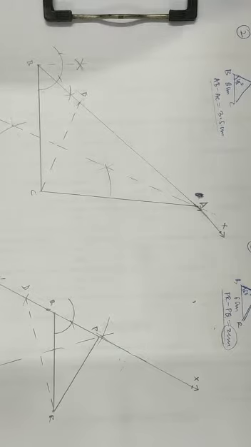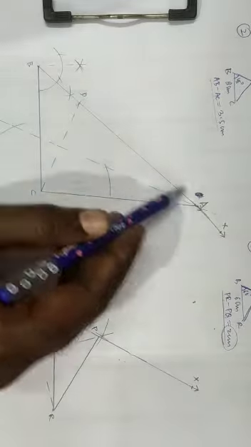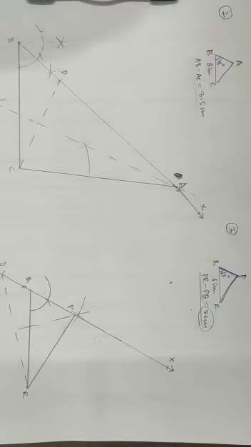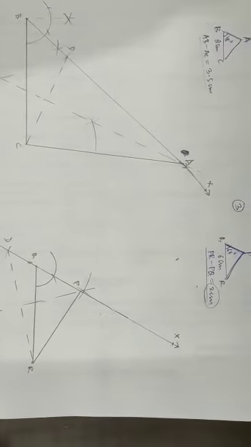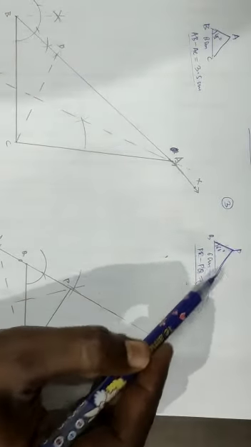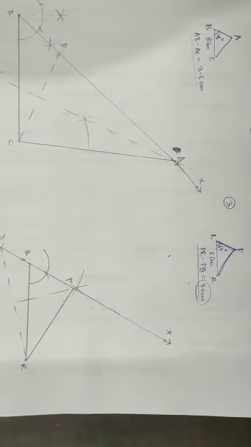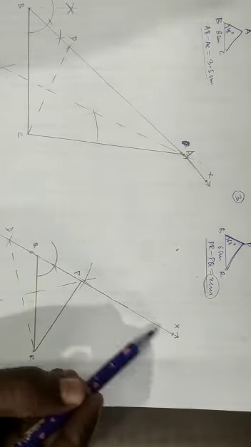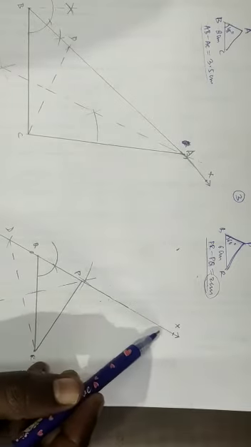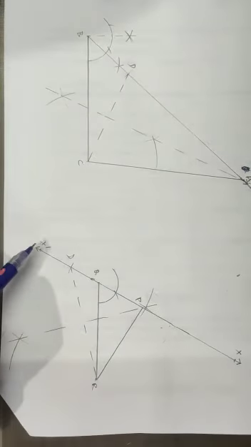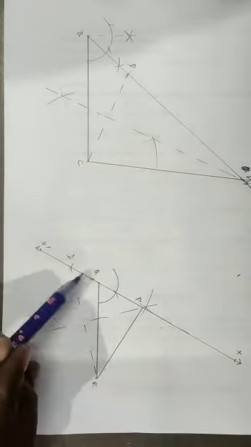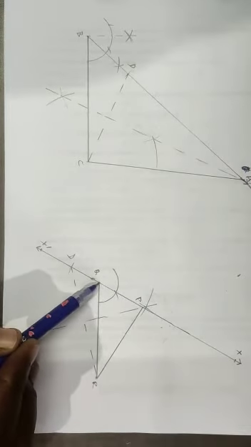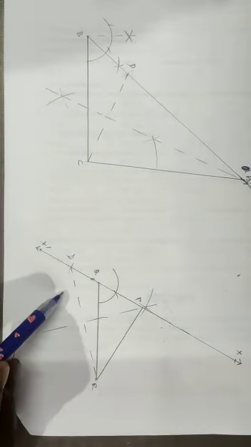So this is how to construct the triangle when the difference of the two sides is given and this side is greater. But in this case you can see that PR is greater. So that means we need to reduce this side by 2 centimeter. In the construction part, first we will draw QR of length 6 centimeter. At Q we will draw an angle of 60 degree, and here we will produce this QX to the opposite side, QX dash. Why? Since we have to reduce it by 2. So from Q we will take an arc of length 2 centimeter opposite to QX. Here we will mark a point.